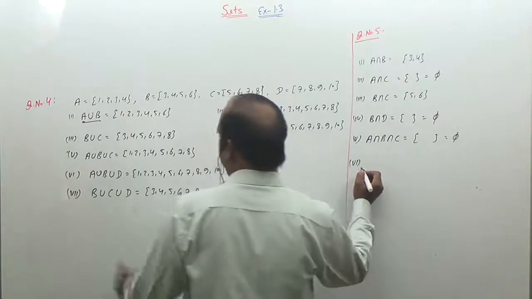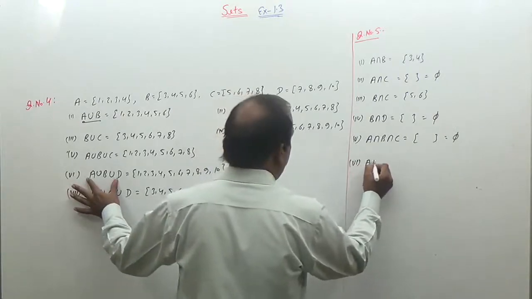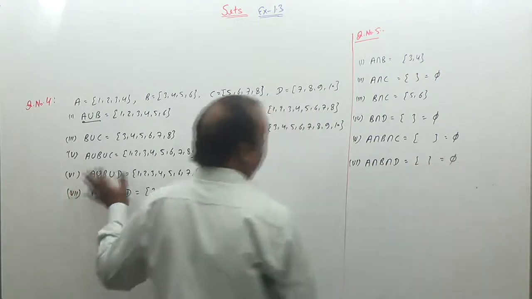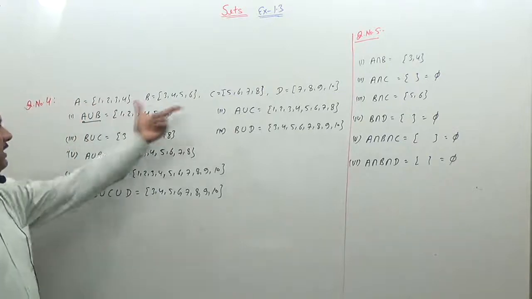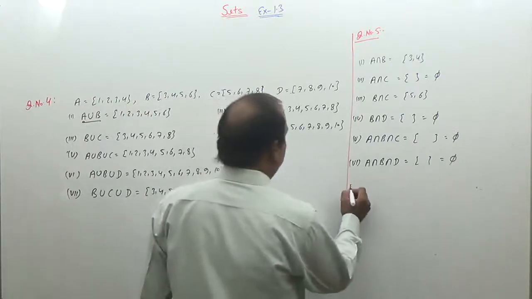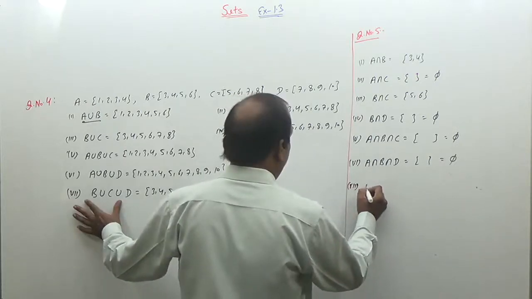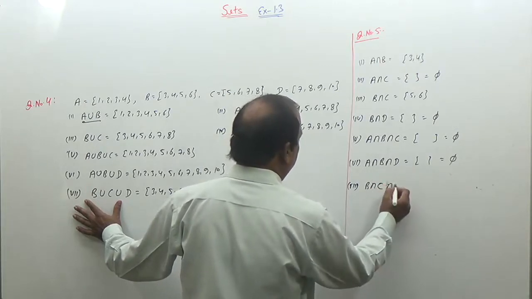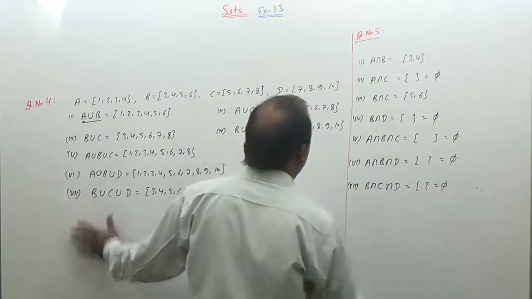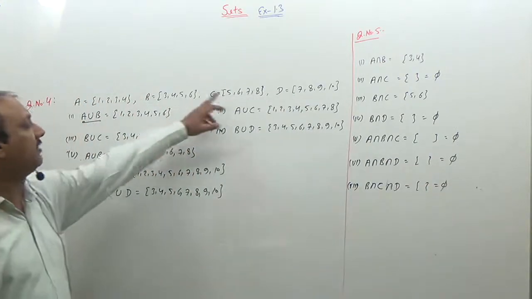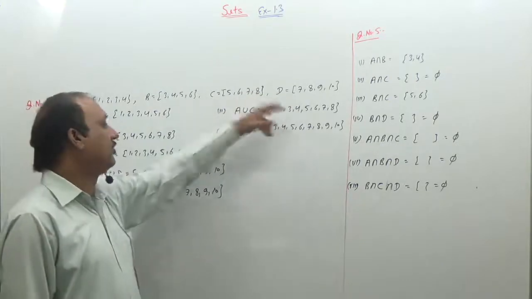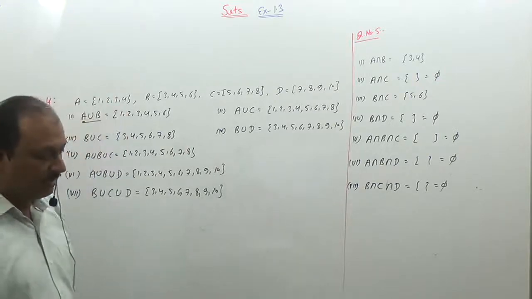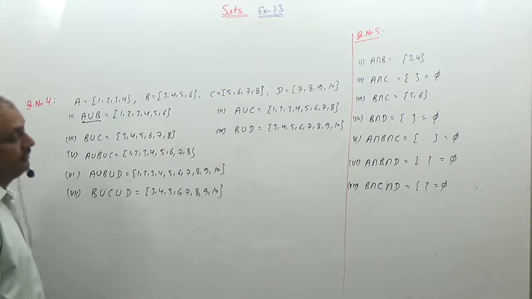Now sixth part is A union B union D, convert करें A intersection B intersection D. So this is also an empty set. There is no common element between A, B and D. And seventh part is B intersection C intersection D. अब यहां पे तीनों में कॉमन आप निकालें तो यहां पर भी कोई कॉमन एलिमेंट नहीं है. जो B में है उसका C में कुछ पार्ट है, उसका D में है, लेकिन तीनों में कोई भी कॉमन एलिमेंट यहां पर नहीं है. तो this one is also an empty set or phi set. So this is the question number 5.